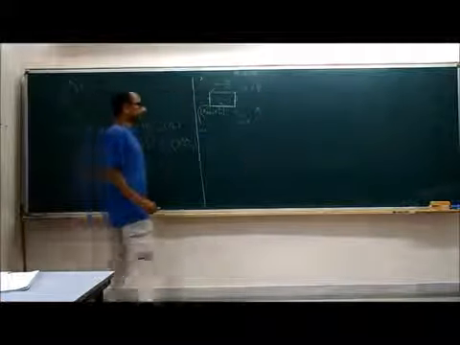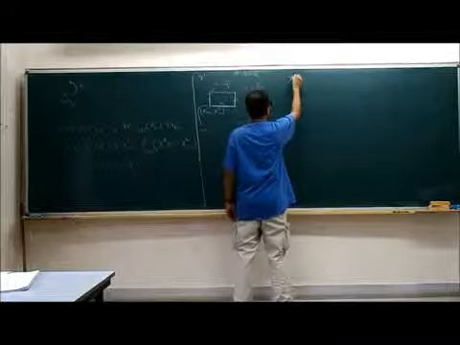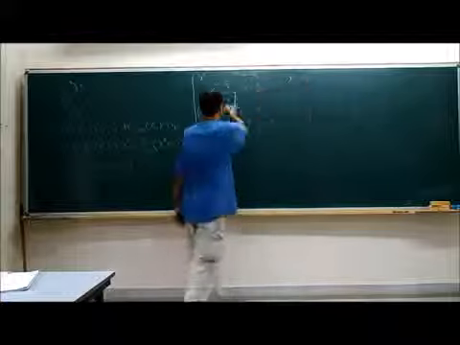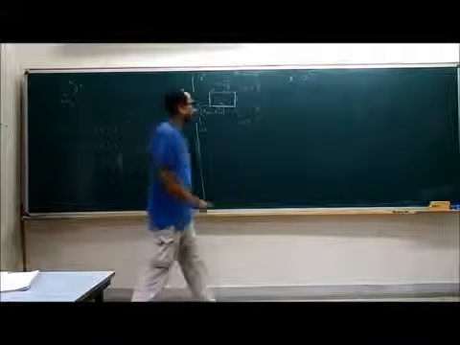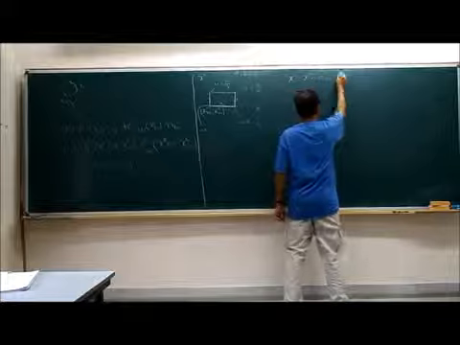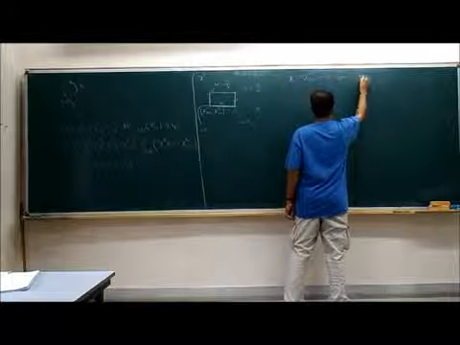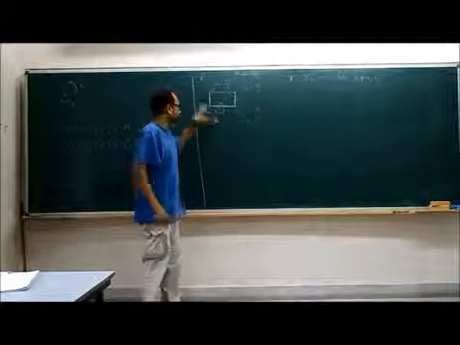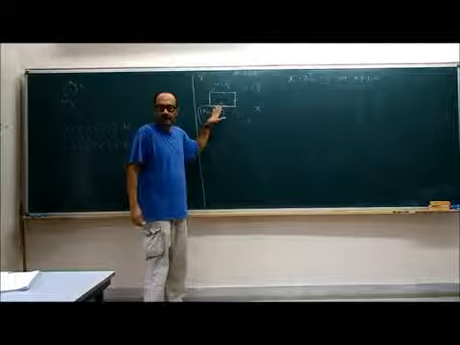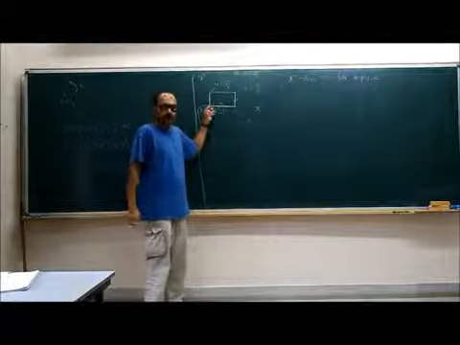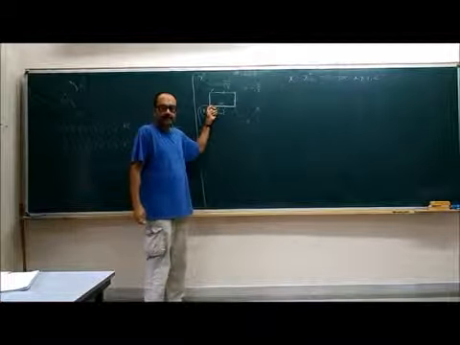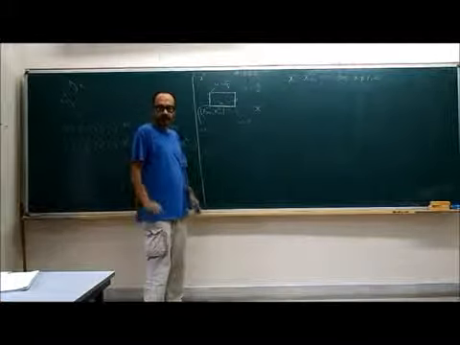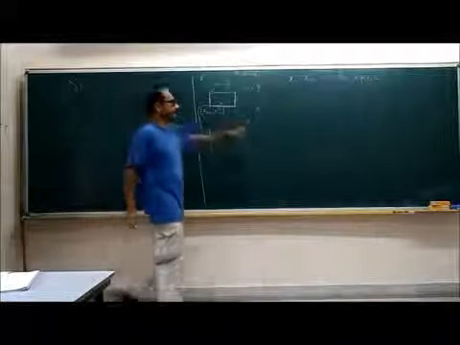Now, one thing is clear: if we consider xi minus xi naught for any point on this curve, this is 0 for i not equal to 1 or 2, because it's in the x1, x2 plane. So all the other coordinates are sitting at their original values. That's what we mean by moving in the x1, x2 plane. x3, for example, is x3 naught all through this curve. x4 is equal to x4 naught all through this curve. So these are all 0,